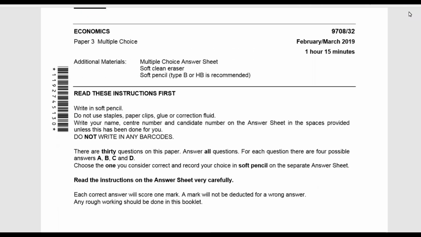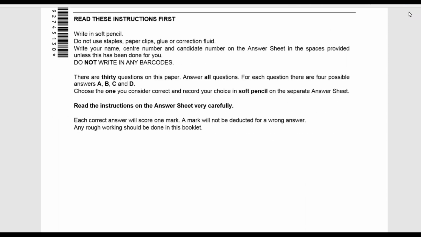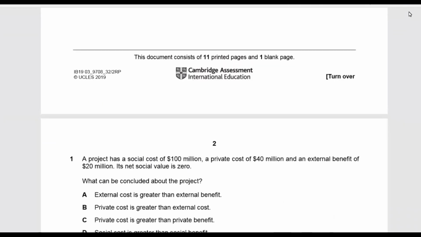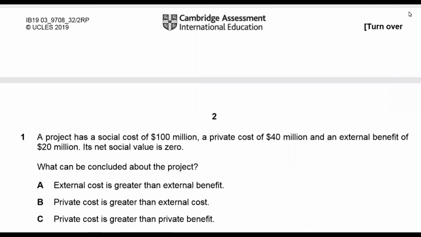I'll be discussing the first 17 questions of this paper, and these questions are really important for midterm examinations. Let's see how we can solve them. All of you are advised to stop the video whenever I show you the question. You can read the question, try to figure it out, and finalize the answer you think is correct. Afterwards, you can play the video again and see the correct answer. I'll be explaining each and every question one by one.